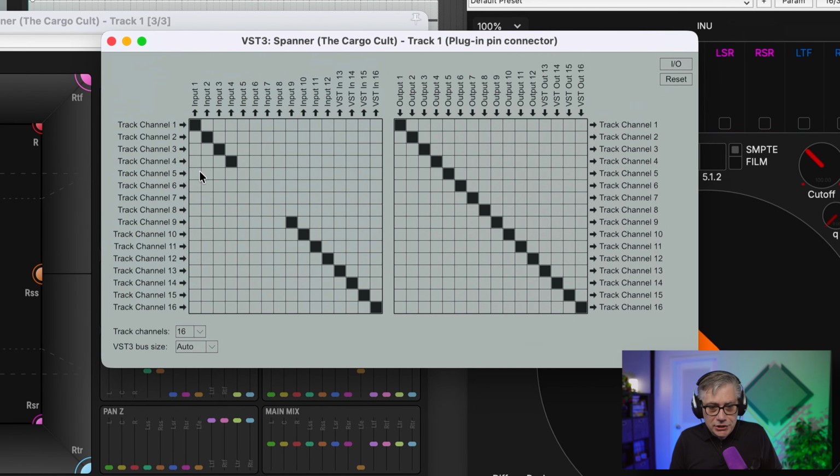So we just need to rearrange those, and those are channels 5, 6, 7, and 8. So track channel number 5 should come in at input number 7, 6 should come in at input number 8, and 7 should come in at input number 5, and 8 should come in at input number 6. And we need to do the same thing also for the output, because if you change the output back, then essentially Virtuoso is not going to see the channel in the correct order. So we're going to do the same thing here as well. And once again, we're seeing track channel number 5, 6, 7, and 8. And once we have done that, Spanner should actually get everything in the correct order.